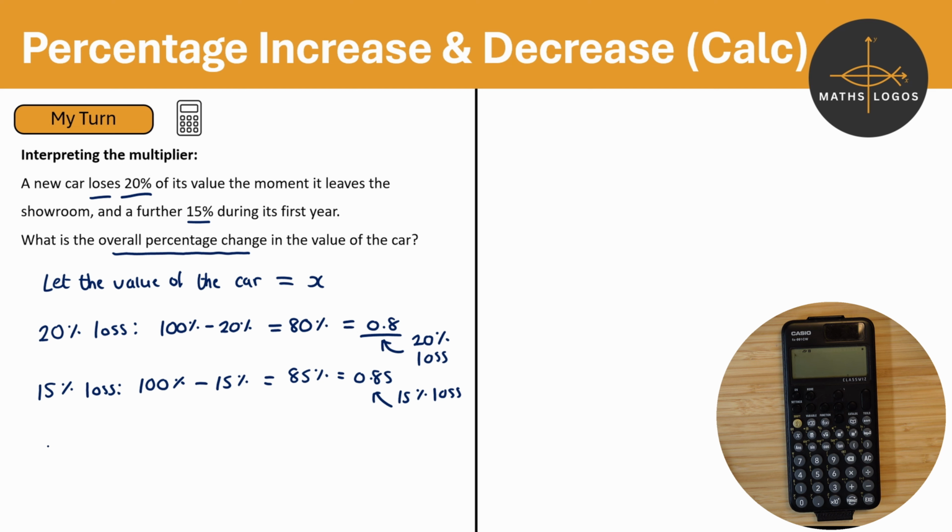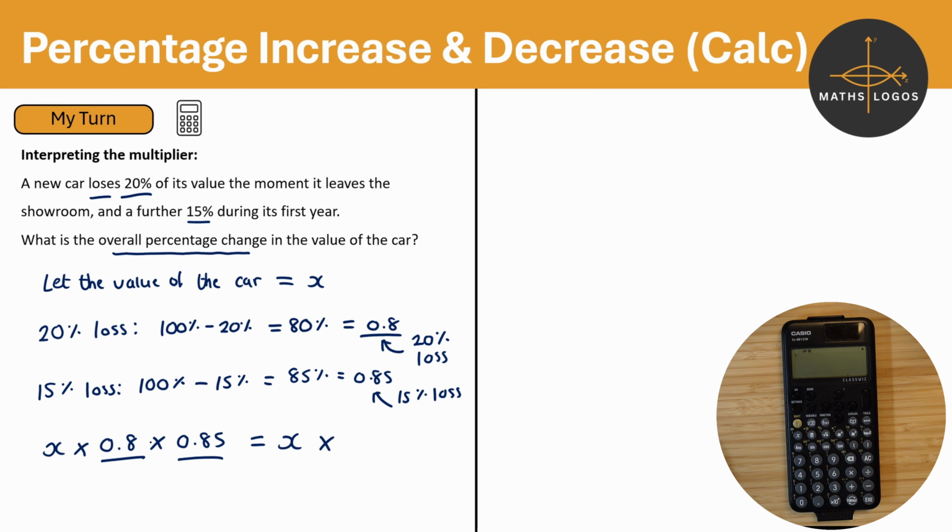And what we'd normally do is we'd take the value of our car, which we've said is x, we would multiply that by 0.8, and then we would multiply it by 0.85. In other words, we'd decrease it by 20%, then we'd decrease it by 15%. Now, we don't actually know what the value of the car is, and that's okay. If we multiply these two numbers together, that's going to give us an overall multiplier, which tells us our overall percentage change. We can say this calculation is equal to x, that's the value of the car, multiplied by,